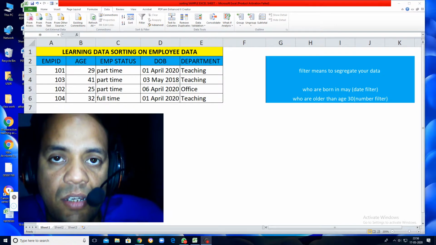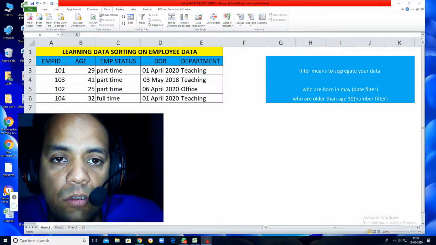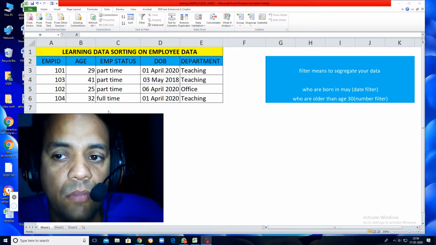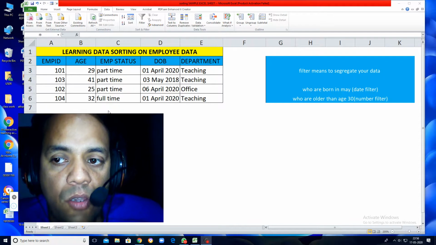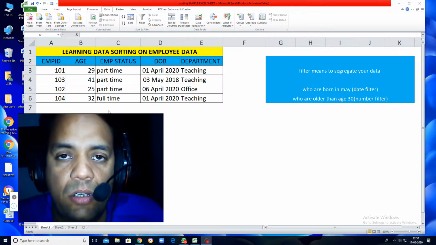So the first filter I am applying here is on age. In this data which is shown on your screen, I am going to arrange the records of only those employees whose age is more than 30. I want to see just those records.